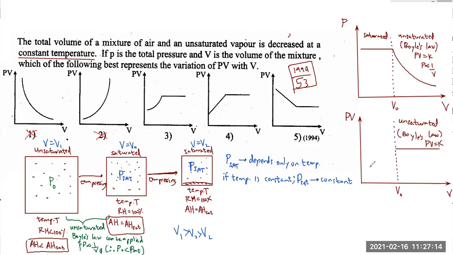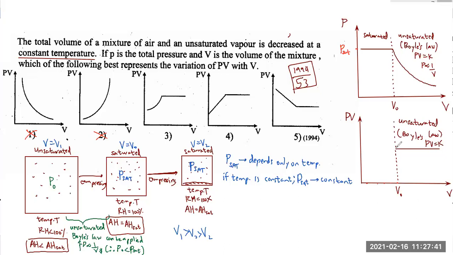Right. Now, after that, you have to be a little careful. Now, in this area, 2 things are happening. One is pressure is constant. For this area, pressure is constant. But when you go from here to here, volume is reducing. The value of the volume is reducing. So pressure is constant. Pressure is P saturated, but volume is reducing.